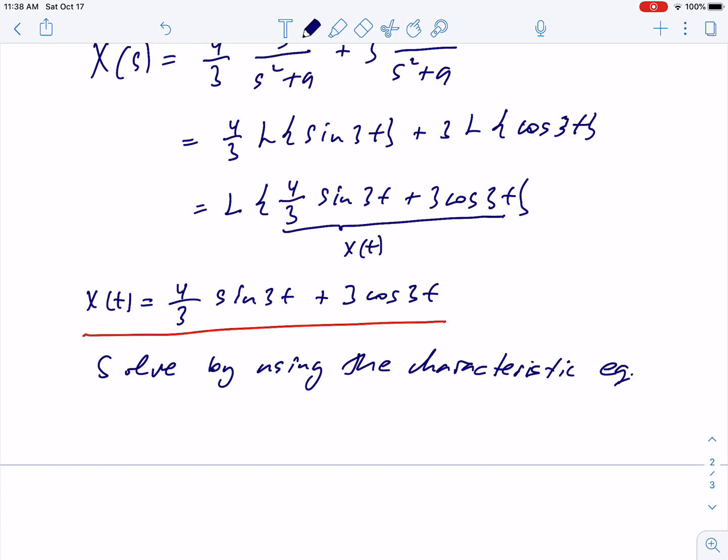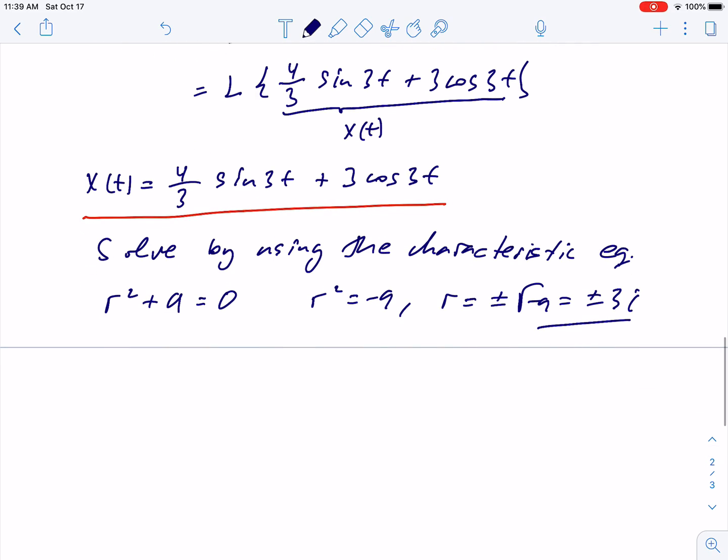The characteristic equation for this will be r squared plus 9 equals 0, just this. And r squared equals -9, r equals plus minus root of -9, which makes plus minus 3i. We have complex roots, and with this we define two independent solutions, cosine 3t and sine 3t for the characteristic equation. General solution will be